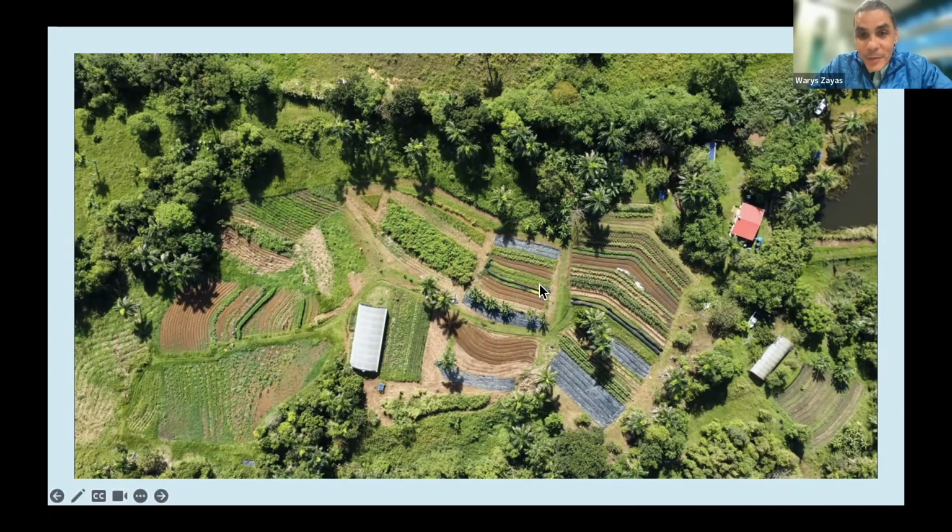And you can see here different types of lines or contour strips, right? Because this farm has different slope levels or types of slopes across the farm. So that's the reason why you see the different contour lines. This is a good example of how contour farming looks. Okay, it's really helpful for me. It needs to be a standard practice in any land or farmland that is above 5% slope. Okay,